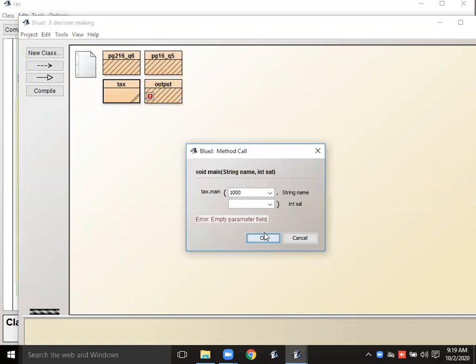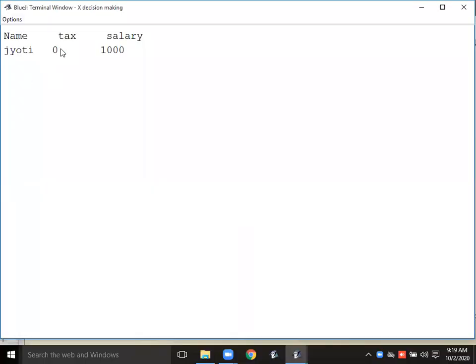So 0 tax will be there. Okay, sorry, name. So string in the double quotes only. Then the salary. String values we will give in double quotes if it is in a method call. Then 1,000. See that. Name, tax 0, salary 1,000. No tax to be paid.